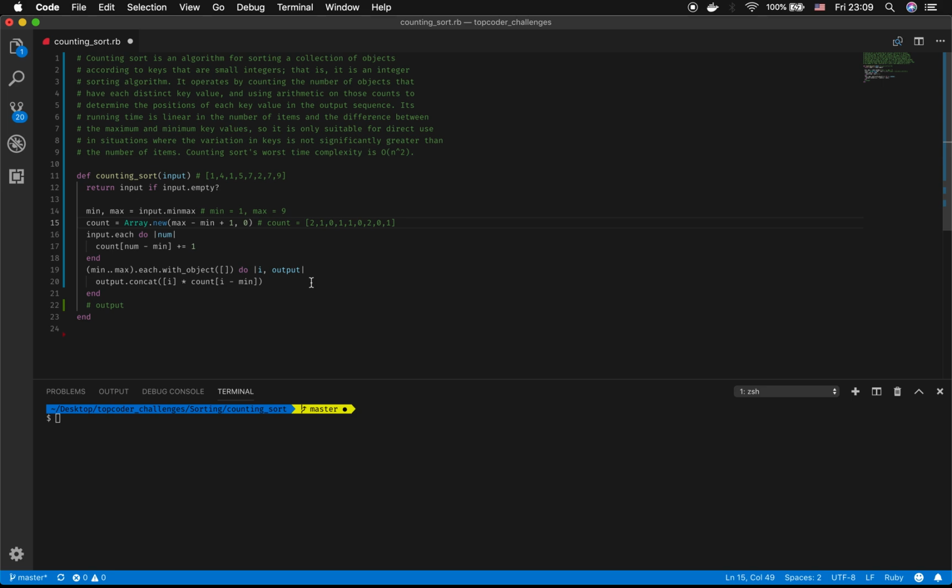Now, as we pass in this object, we're going to start concatenating each of these numbers from the input into that object, which again is initialized as an empty array, and we're going to concatenate that number or that item the number of times we have in our count array. So as we're building up this output,